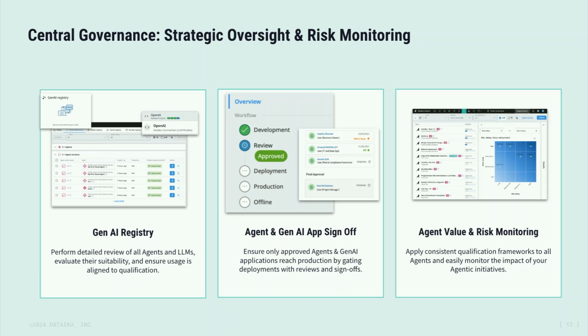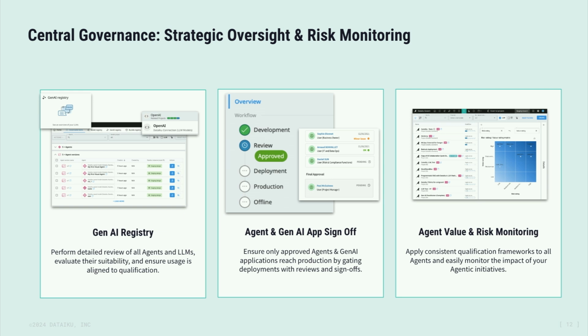And then from a governance perspective as well, a centralized registry for your organization, cataloging all of your various Gen AI and agentic related use cases. So you'll be able to view all of them and the performance metrics associated with them on one pane of glass, along with a workflow that allows for sign-offs of your agents. So you're able to have a specified workflow to determine what steps need to occur and who has to sign off prior to an agent use case being deployed into production. And if it doesn't get signed off, then it cannot physically get moved into production.